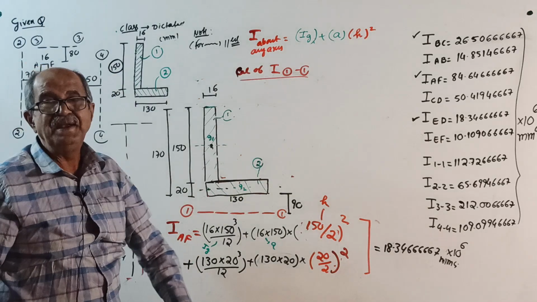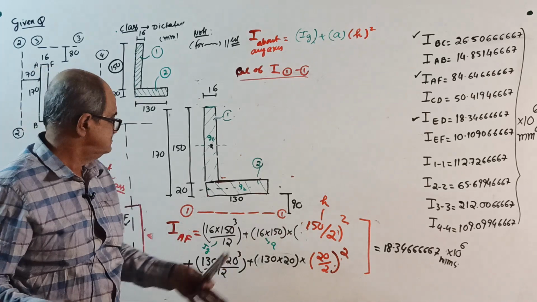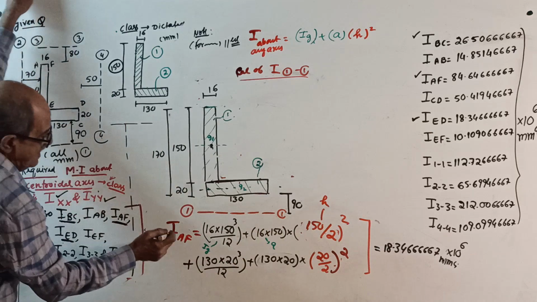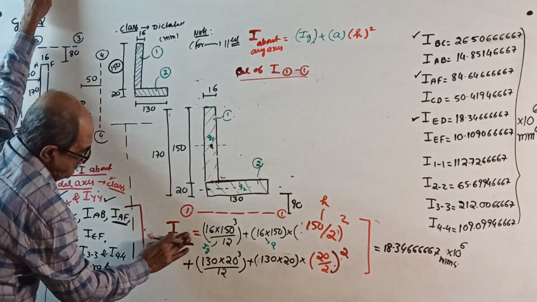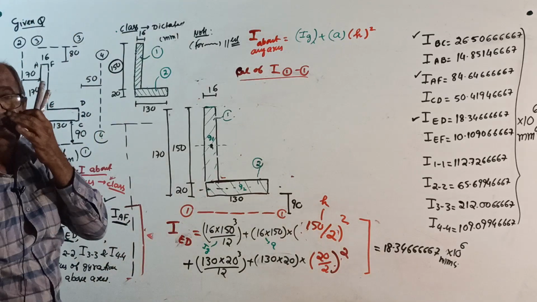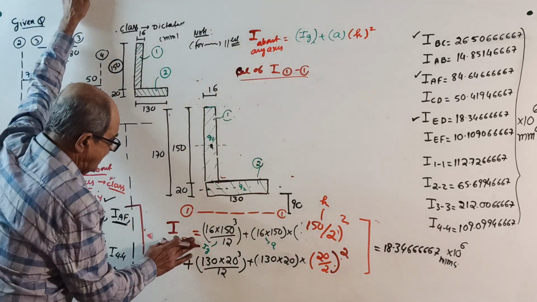Okay. Some will find the mistake. He wrote still BC. No. I forgot. Then, just now, I did for ED. At that time, you write ED, because I'm explaining ED. You write that way. I forgot it. If you cannot do that much, what can I do? Then, now do one thing. Write I for